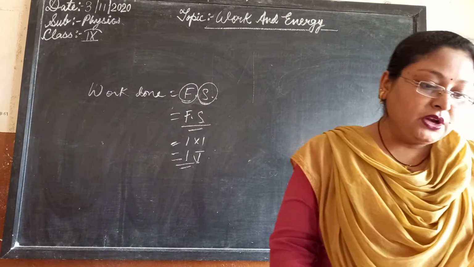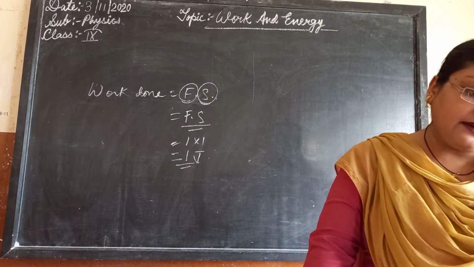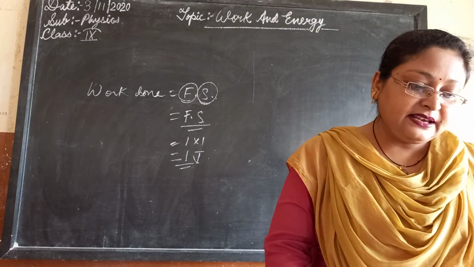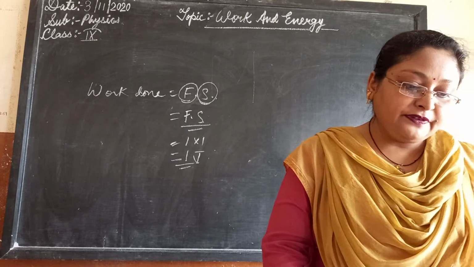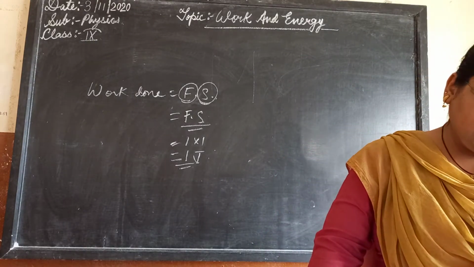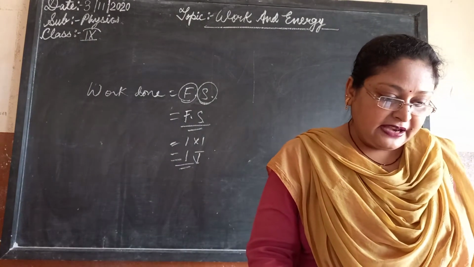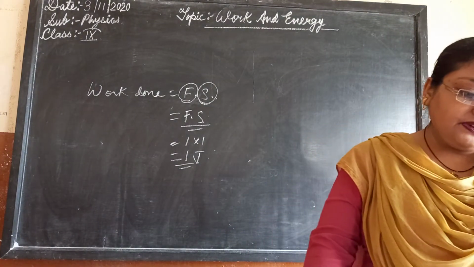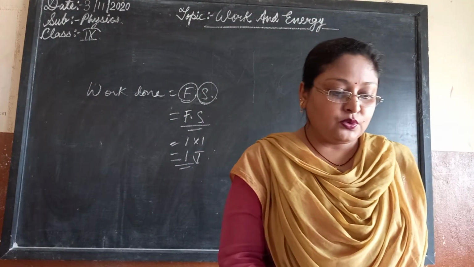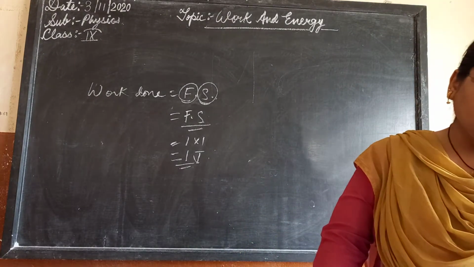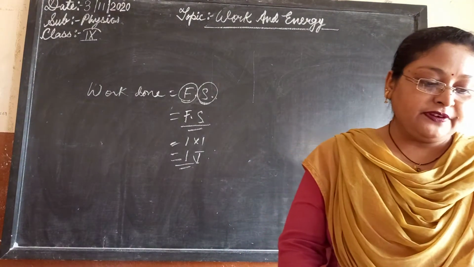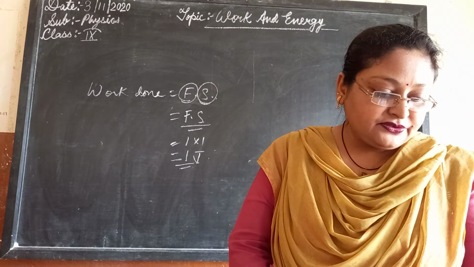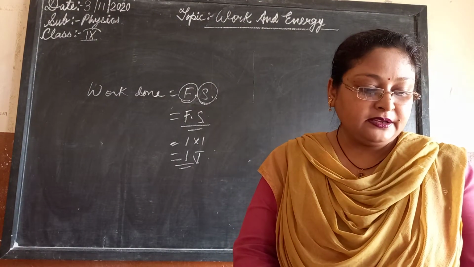James Prescott Joule was an outstanding British scientist, best known for his research in electricity and thermodynamics. Among other things, he formulated a law for the heating effect of electric current, verified experimentally the law of conservation of energy, and discovered the value of the mechanical equivalent of heat. The unit of energy and work, called the joule, is named after him. So this is how the different forms of energy are given to us.